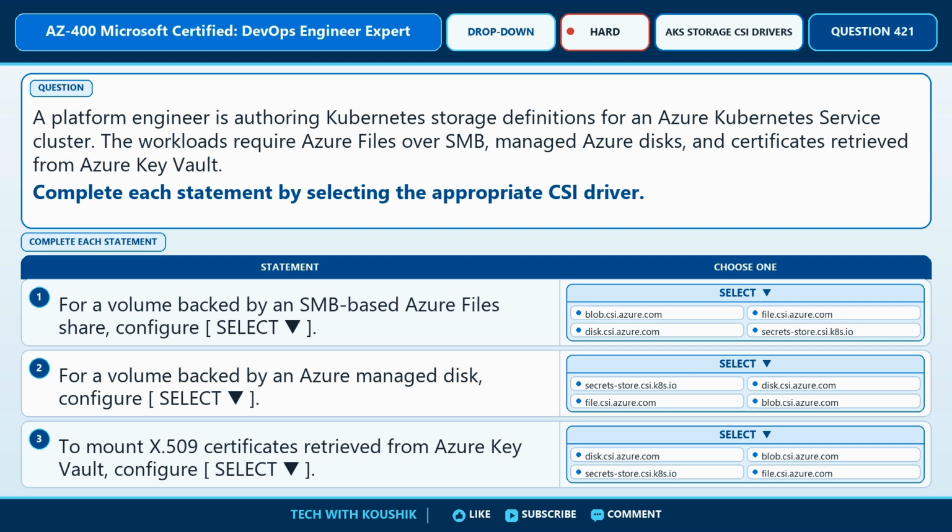blob.csi.azure.com, file.csi.azure.com, disk.csi.azure.com, or secrets-store.csi.kubernetes.io. Statement 2. For a volume backed by an Azure managed disk, configure the blank. The choices for Statement 2 are